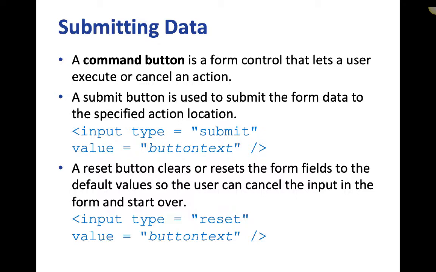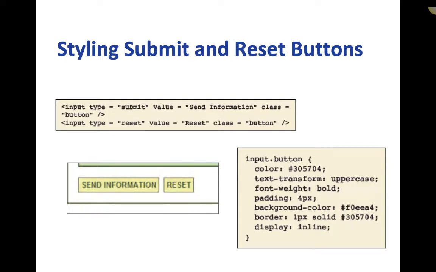The submit button type will allow the form to be submitted. So those different types will control what happens with the form. So we have two different types of buttons on our form. We have a submit and a reset. Here I have adjusted the text to be send information. I've also put a class on here so that I can adjust the different way that they